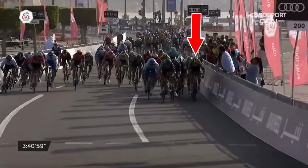He's going full gas though, trying to keep the speed high to lead out Sam Bennett. And then all of a sudden, with about 225 meters to go, it's the big guy, Tim Miller from Quick-Step, who starts his acceleration. He's coming up the inside, and then just behind, we're going to see a little battle back there about 225,